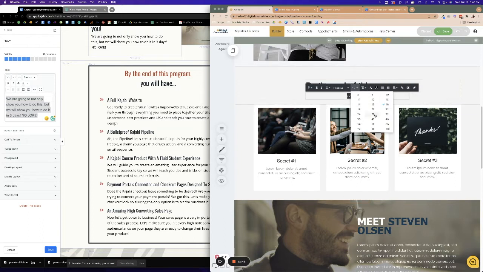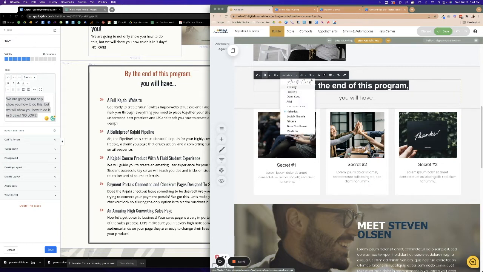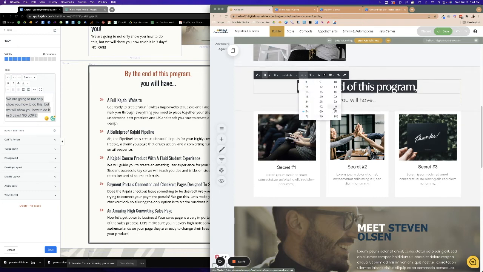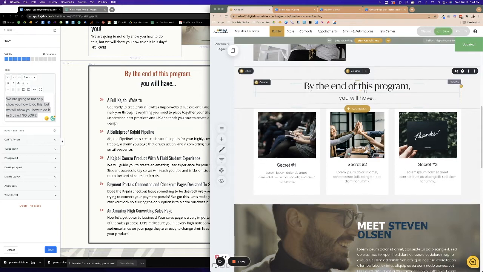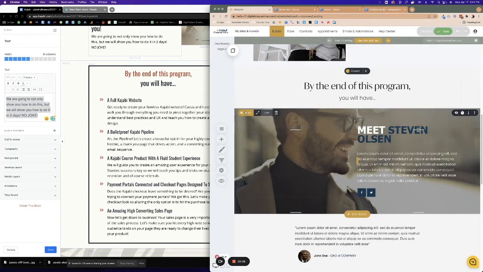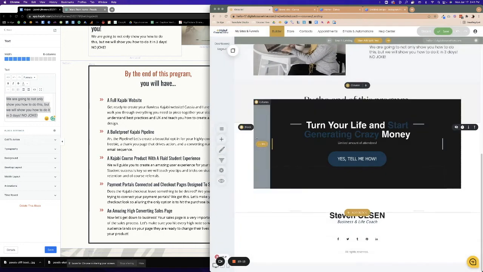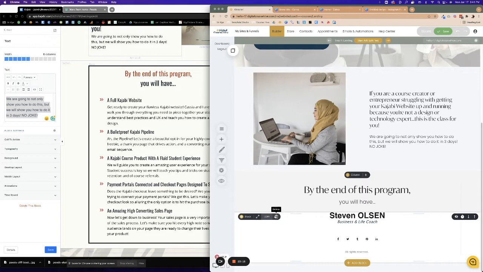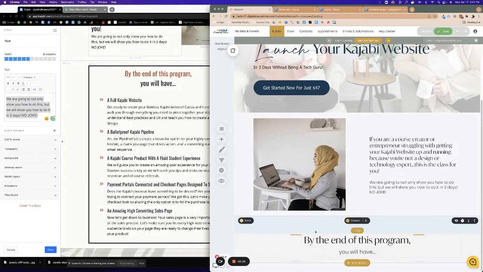Let's go with a, what are we doing here? Let's go with a 56, maybe? No, that's a little heavy. Not a bold. Don't like a bold. And then I don't need this block. I don't need this block. I'm probably going to toss a lot of these out. You know what? Let's just, at the end of this program,